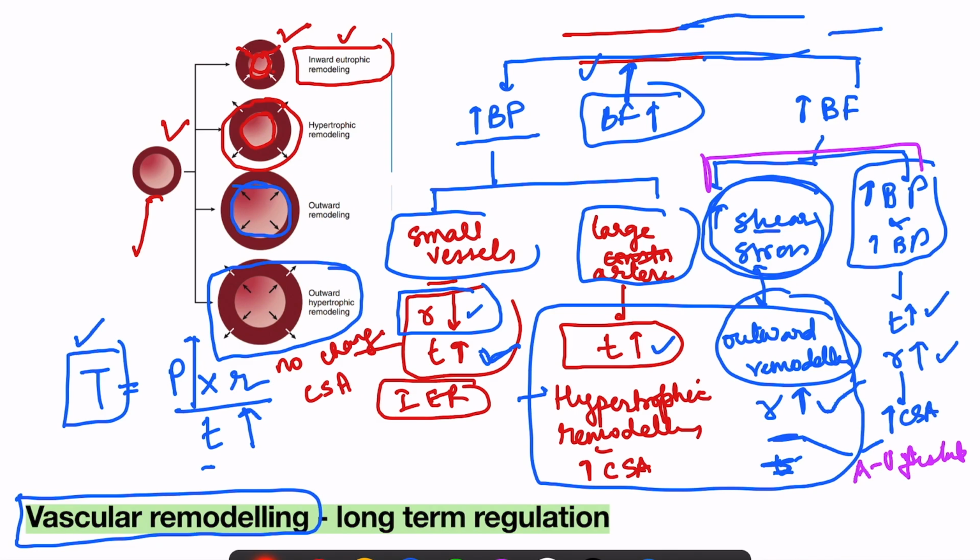On the other hand, in this vein, normally it doesn't receive blood directly from the artery. There is presence of arterioles, and because of that, there is decrease in the pressure, right? But in this case, when it receives blood directly from high pressure arteries, so here pressure also increases on the vessel wall. So because of the increase in pressure as well as increase in the blood flow, there is this particular type of change: increase in blood pressure, increase in blood flow in these veins. So there is outward hypertrophic remodeling. Okay, so radial artery undergoes outward remodeling and antecubital vein undergoes outward hypertrophic remodeling.